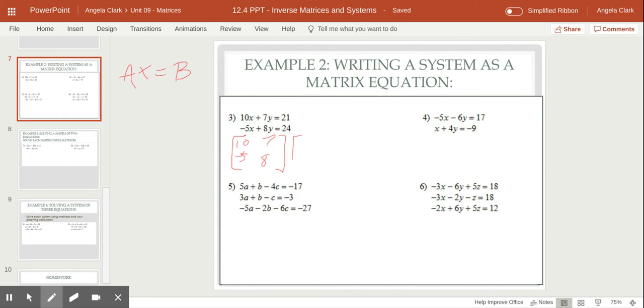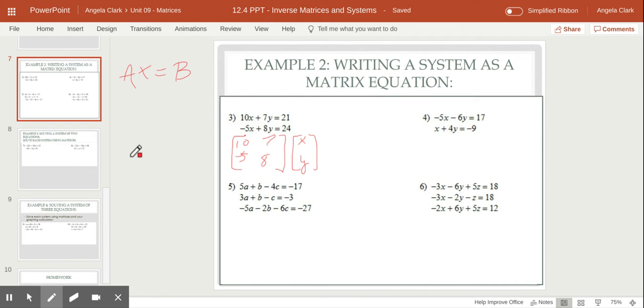And then your variable matrix, again, is going to be in the same order. The order that they're in, left to right, you're going to write that top to bottom. So this is going to be x, y. So in other words, if I wrote yx here, that would not be correct, because if I multiplied these two together, if I had y and then x, then my x's and y's would be switched. So we want to make sure that we have them in the correct order. Otherwise, our solution is not going to match the actual solution of